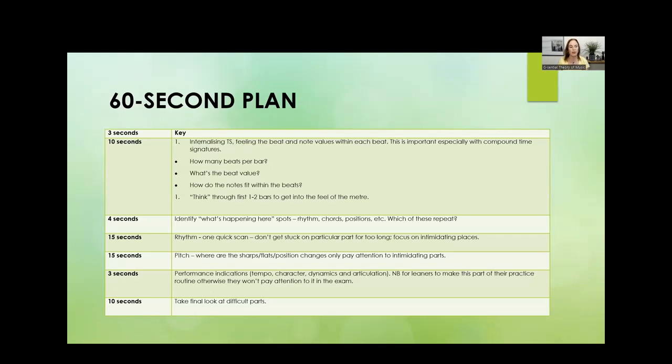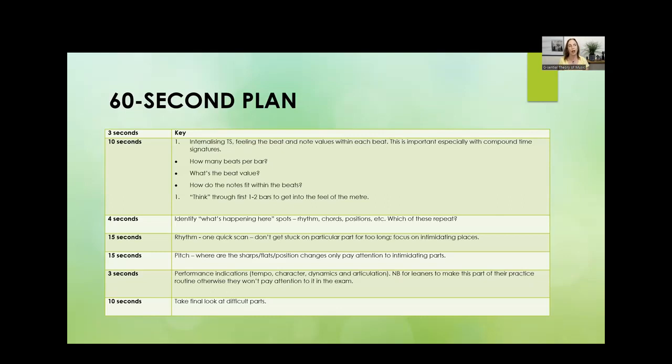going to address it. Then 3 seconds for performance indications, so tempo, character, dynamics, articulation, things like that. And it's very important for learners to make this part of their practice routine as well. Otherwise, they're going to leave it out. Okay, but you and I know if the rhythm is there, if the pitches are there, they already passed it. Okay, so it's not the end of the world if they don't spend time on the performance indications, but it